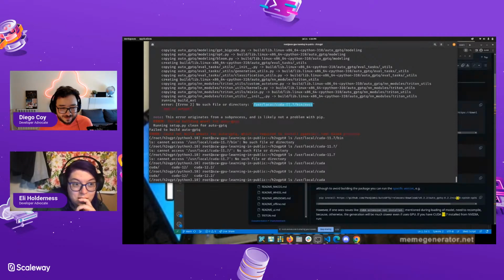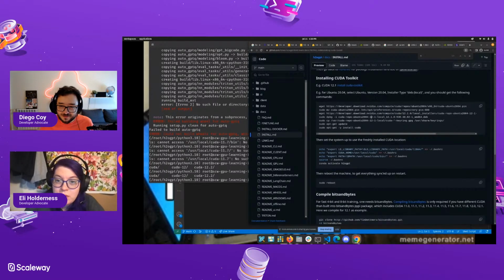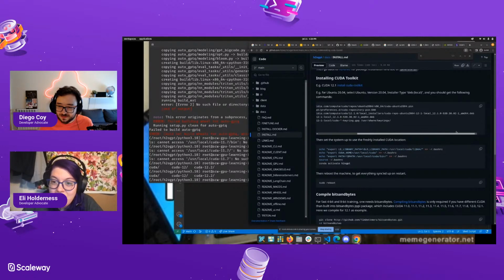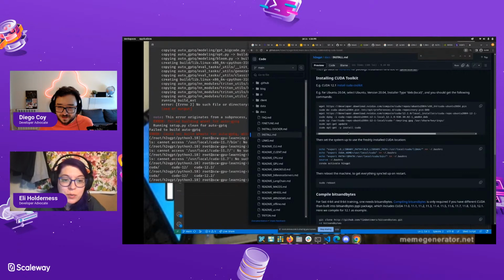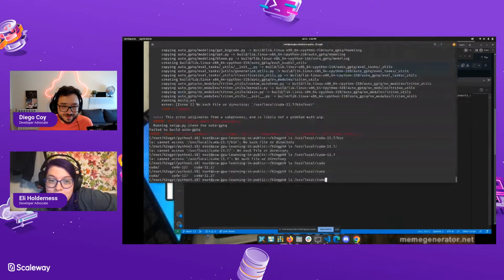Ah, okay. If you scroll back up to that command, let's read it in more depth. Wait, do we set the version here somehow? Yeah, 12.1. That's not it. Brain looking for patterns. Well, we don't have 12.1. We've got 12 and 12.2. But if we do this and replace it with 11.7,